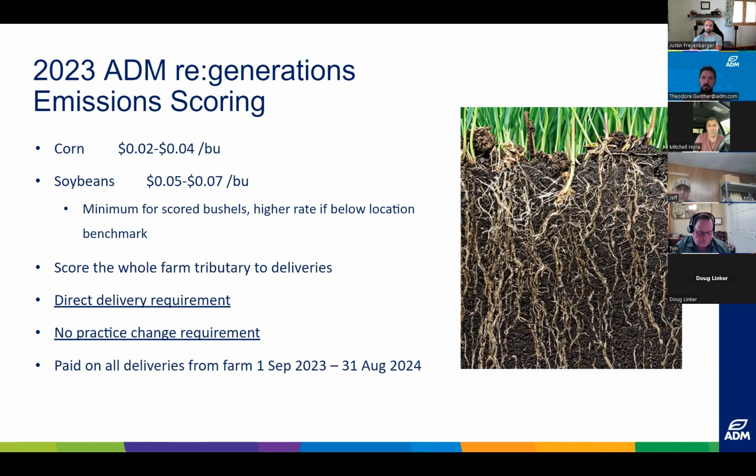And I'll reiterate that these programs only work if everybody's engaged from the end user all the way up to the farm level, and when we have farmers that are willing to participate, they're the ones that are going to receive the payment. I guess if you go to the next slide,